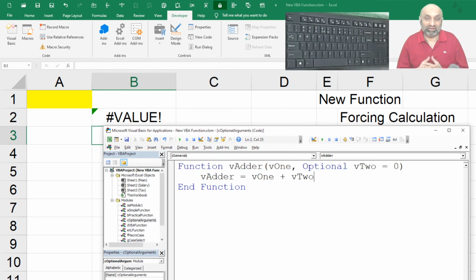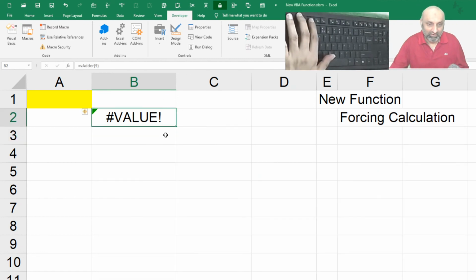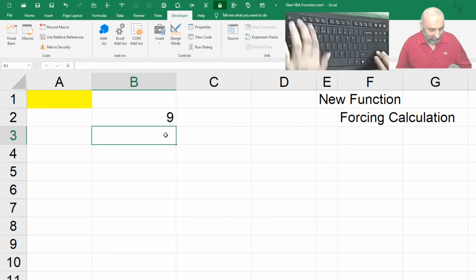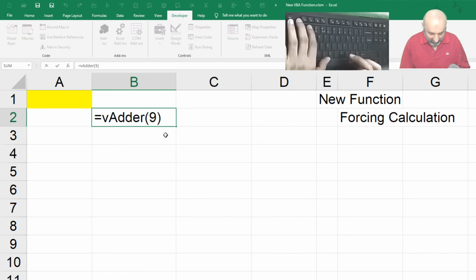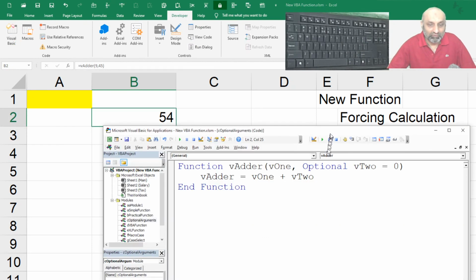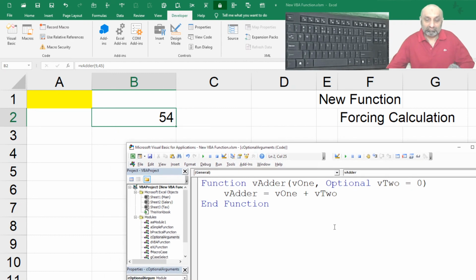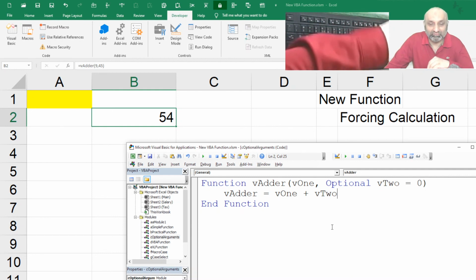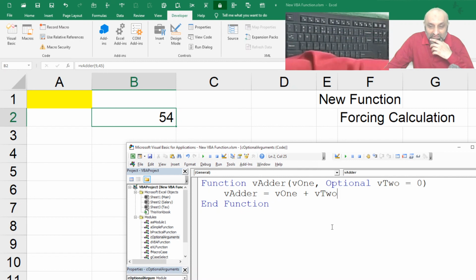Whenever there is a calculation, v2 will always be 0. If I recalculate this function, the answer is 9. And if I say 45, the answer is 54. So this is how we define an optional parameter or argument in a customized function. I hope this is clear.